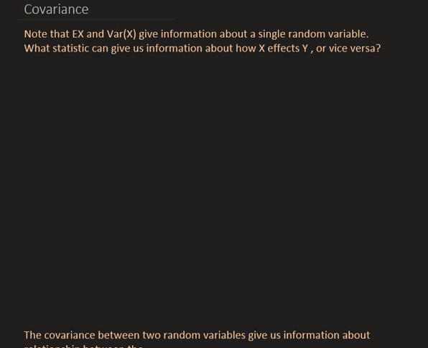Hello, today's topic is covariance of random variables. Note that expectation of x and variance of x give information about a single random variable. Now, statistics can give us information about how x affects y or vice versa. So for this, we need covariance, and the covariance of xy is defined as expectation of